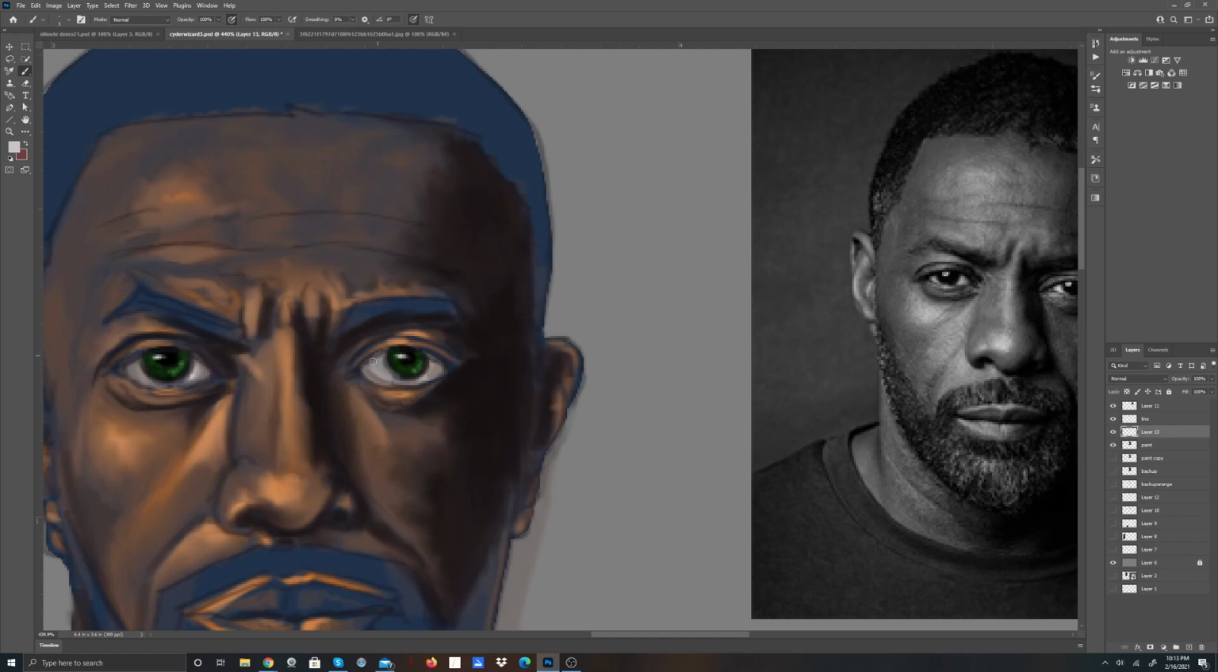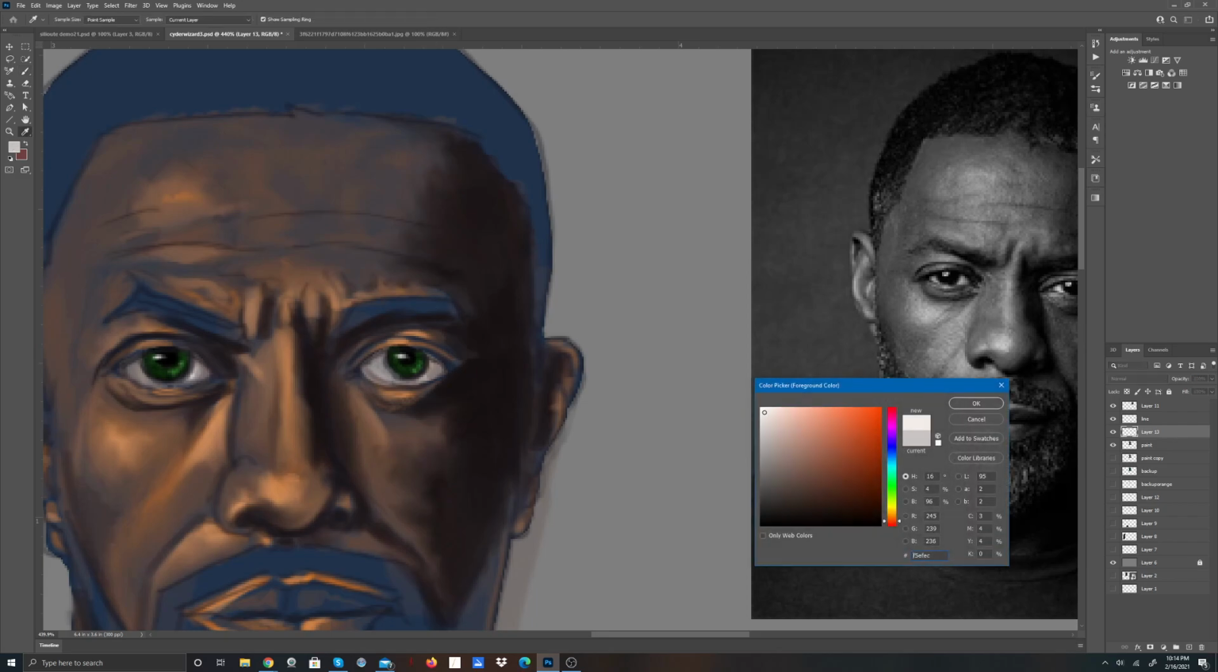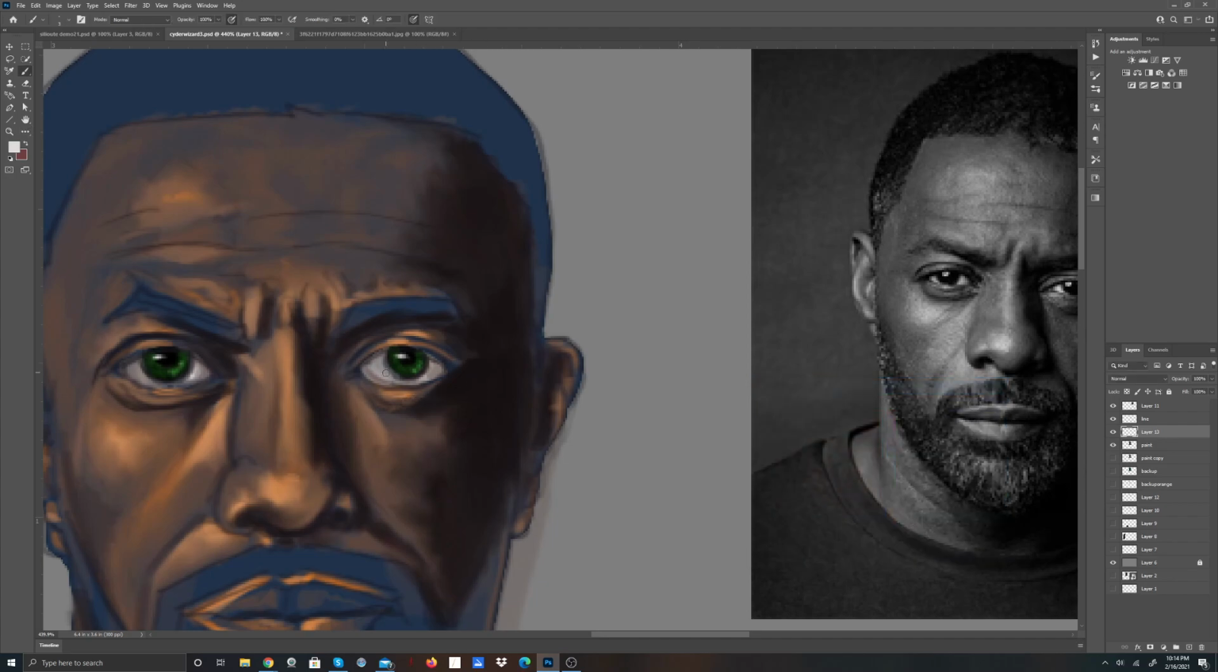Okay, it's fixed. Sort of fixed it, more or less. Oops. I don't want it too bright there because the light doesn't hit it right there. Alright, so then